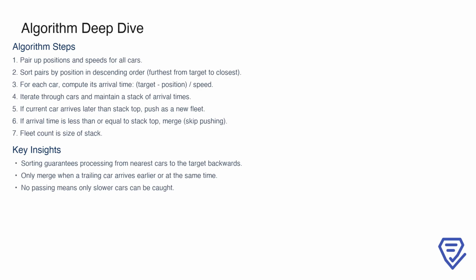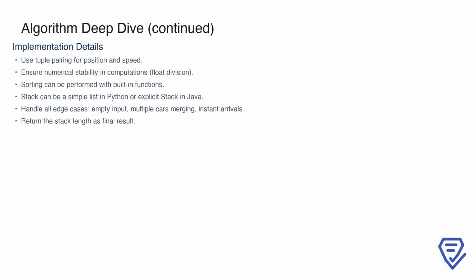If its arrival is earlier or equal, it merges into the previous fleet, and we do not increase the fleet count. The final fleet count is simply the number of elements, or arrival times, in the stack. This structure leverages the fact that cars cannot pass one another, relying solely on their relative speed and position to form fleets. In terms of implementation details for LeetCode problem number 853, we pair each position and speed using tuples